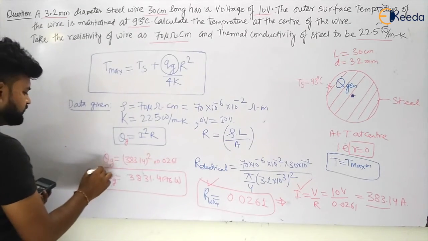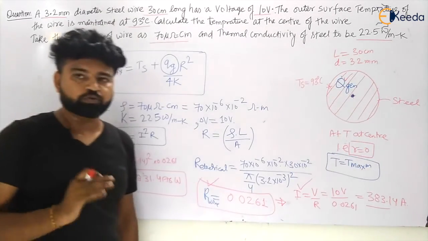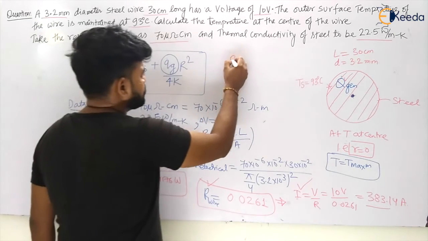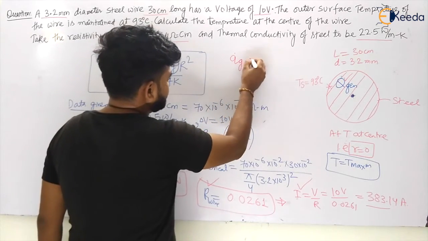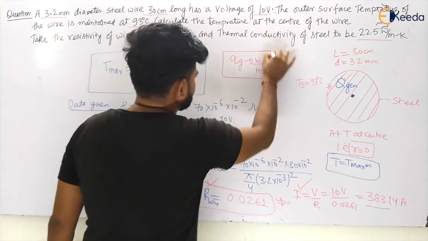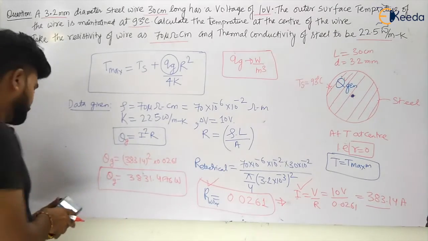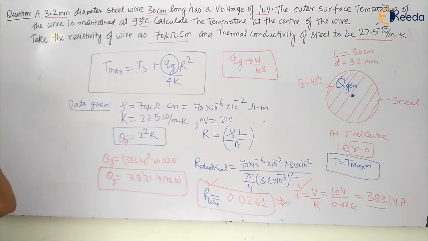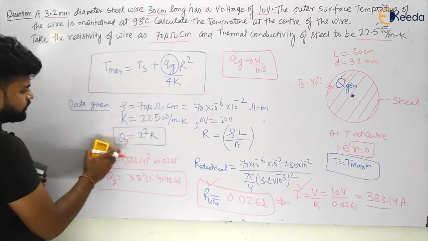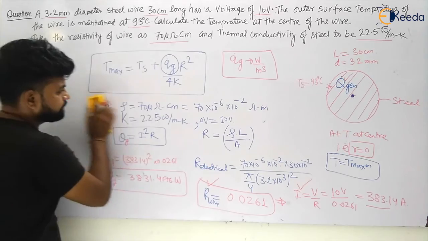So this is the total heat generated in the wire. That is the Q generation in the wire. So this QG is nothing but what? That is watt per meter cube. That is the heat generated per unit volume. So let us calculate first the heat generated per unit volume, my dear students. So what will I have to do then? I have to divide this whole QG with volume, my dear students.